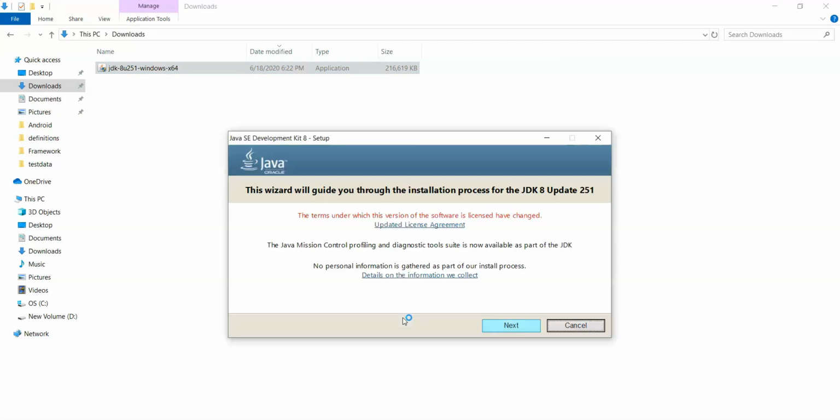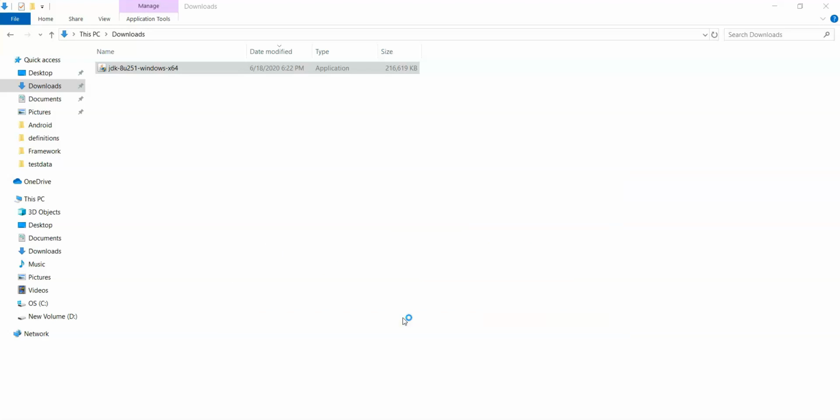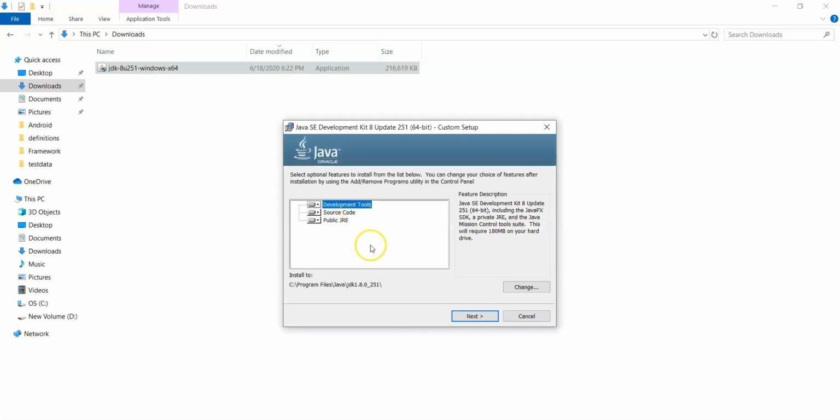Click next button. Here you can see the path: install to C program files Java JDK 1.8.0_251 version. So this is the path where Java is going to install in your system. Okay. Click next button.